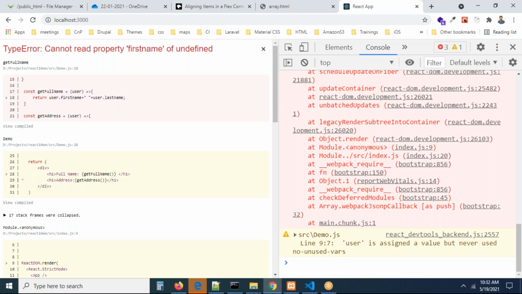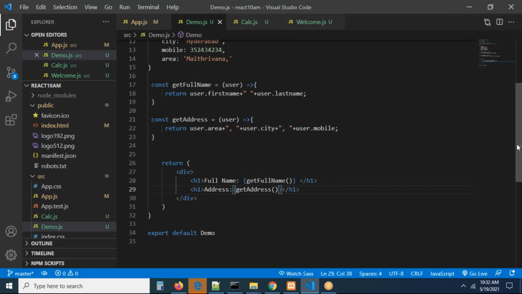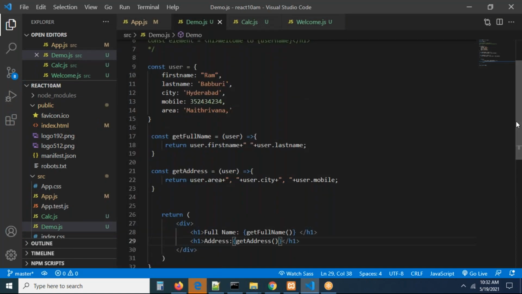Here, it is not at all allowing me. So anybody please tell me what is the solution I need to do. I have a const user, I'm passing that const user to my function, but it is not allowing me. So anybody, what is the reason why we are not getting the output actually?